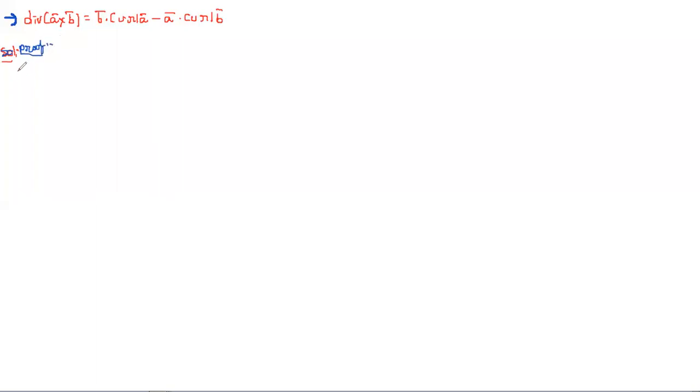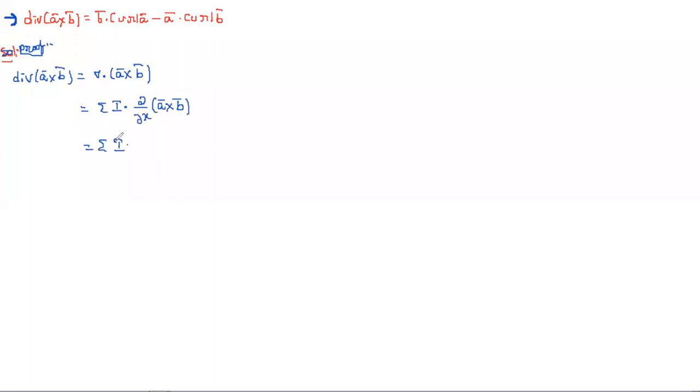So here it is. First we are taking LHS. LHS is nothing but divergence of A bar cross B bar. Divergence in symbolic notation we write as del dot, so del dot A bar cross B bar. And simply we are using the definition here. Del dot divergence definition is nothing but summation i dot dou by dou x of A bar cross B bar. So this is equal to summation i dot.